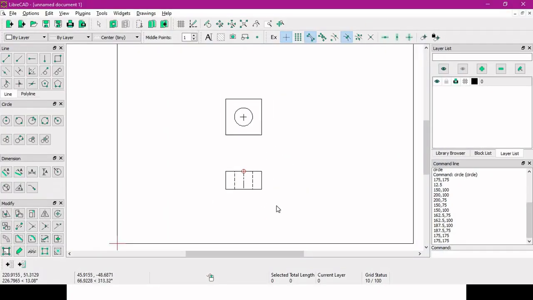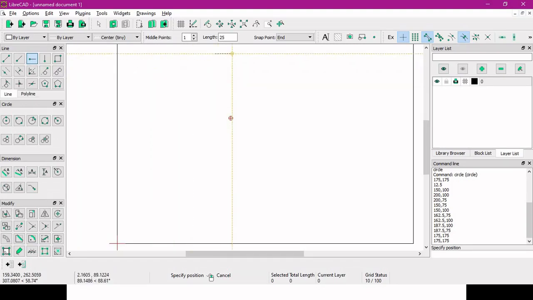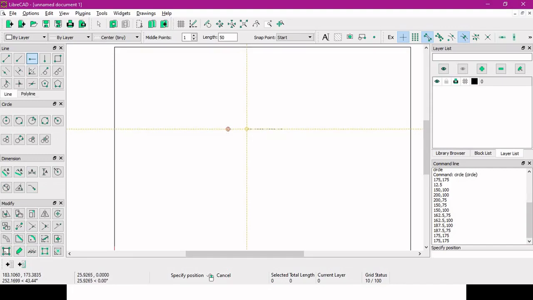Here let me first delete all these drawings. Since it's a square, we can use this horizontal line or vertical line. Let's use horizontal line. The length of the line is 50 and we'll start from the end point or starting point. So you just put this line anywhere.